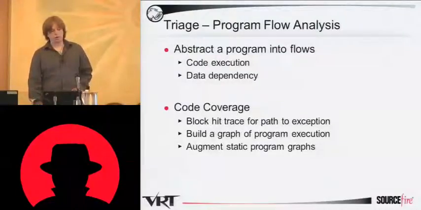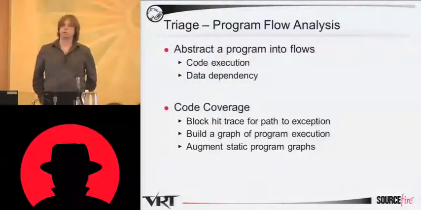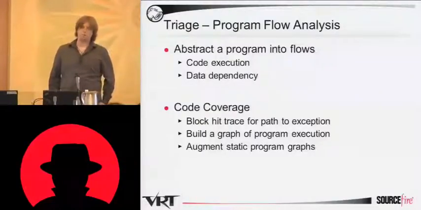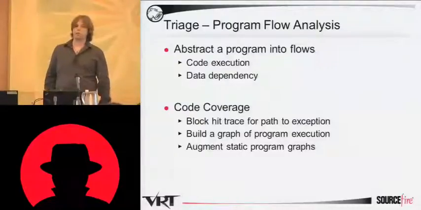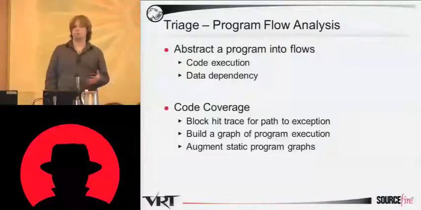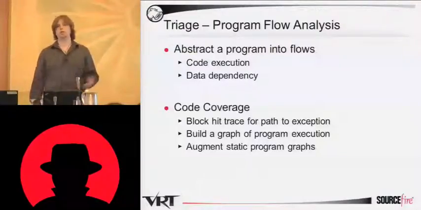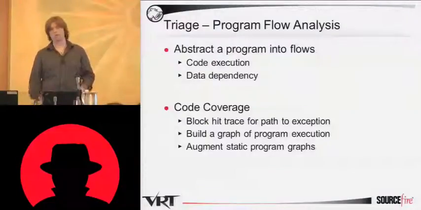The data that we're going to need is flows of execution, flows of data propagation within the memory space of the program. To get the code execution, what we're looking for is code coverage. And that comes from a simple block hit trace. The execution order of the blocks infers the actual graph edges. And so you take a simple block hit trace, obviously tie up those edges, and now you have a presentable